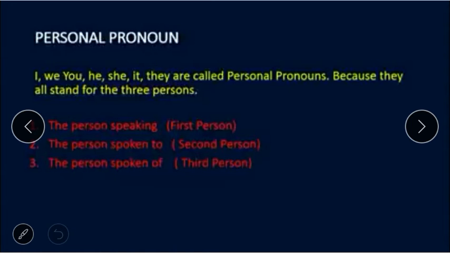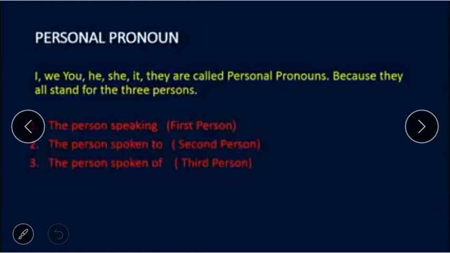As you have studied, the definition of personal pronouns is the pronouns that stand for people. So these pronouns stand for people. It also stands for things. They stand for people, and are called personal pronouns. All these are personal pronouns. It is also used for a thing. So these pronouns stand for people and things.